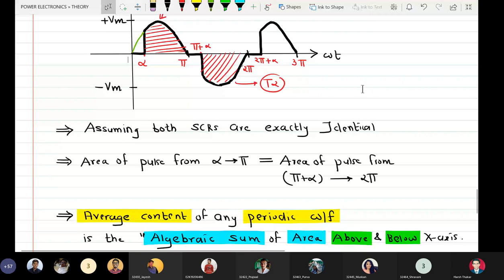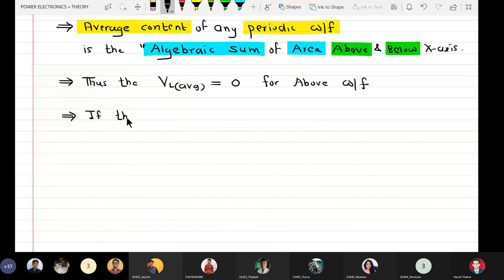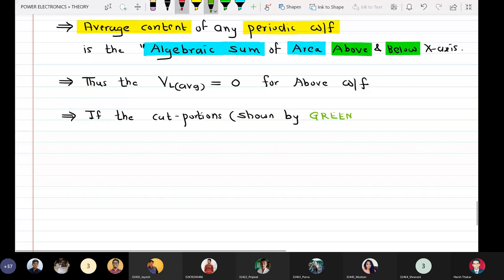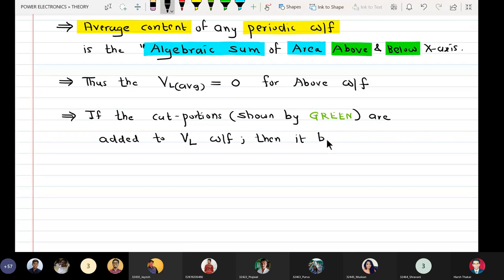So that is why we'll say here, if the cut portions shown by green are added to the VL waveform, then it becomes a pure sine wave. Okay,